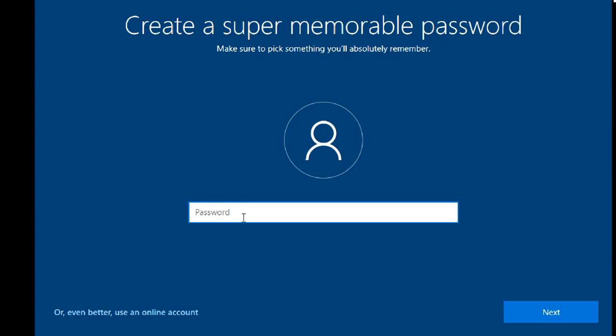I'm using Vedic@123 here. I made a mistake here. I put a different name. Sorry, I will remove the entire thing and change it. Vedic. Now it is correct.